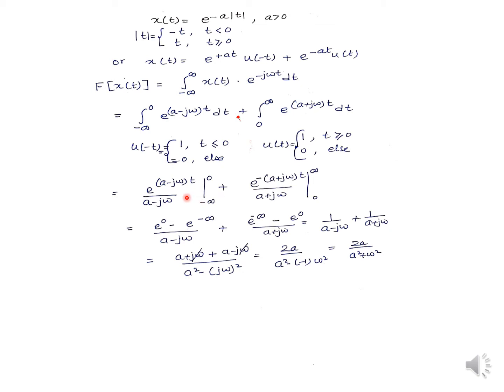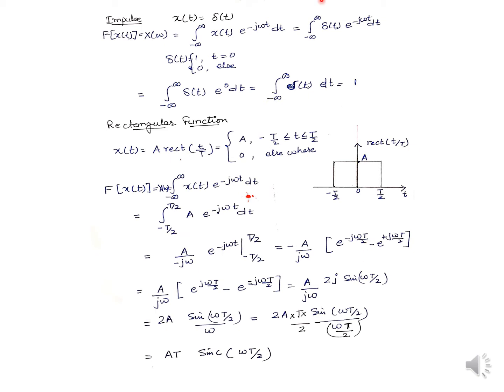So there is a missing minus here of this one, so you need to change this as a negative sign here, right? Then when you put the limits, there is a minus sign here again, so this will be this 1. When you put the lower limit, it will be 0. When you put the upper limit, it will be 0, and this will be 1. So there is a minus sign here, this minus sign changes, minus times minus equals positive. So that's why there is a positive here. So it will be 2a upon a square plus omega square.